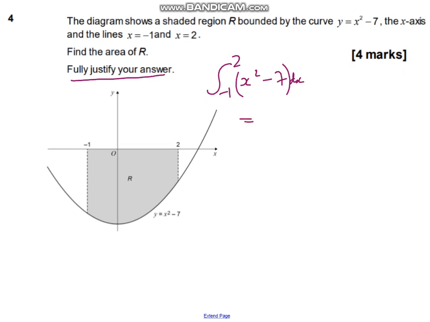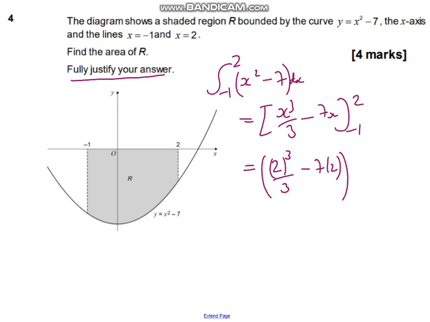and then when we integrate that, that's clearly going to be x cubed over 3 minus 7x, and we're going from -1 to 2. And now let's just show that in two separate brackets what we've got going on here. So we'll put our upper limit in as 2, so 2 cubed over 3 minus 7 times 2, and then we can subtract away what we get for the lower limit, so that's going to give us -1 cubed over 3 minus 7 times -1, and at that point we can just pop that into the calculator,